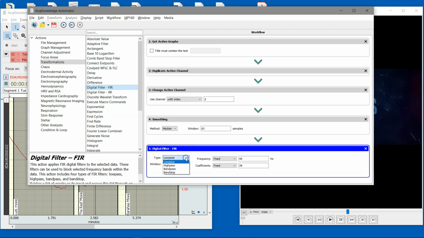It's already set to low pass, but you've got the usual options there: low pass, high pass, band stop. And I'm going to set the frequency to 1 Hertz. And I'm going to allow the software to optimize this so that everything is set up nicely. So now we've run the smoothing, we filtered the waveform,